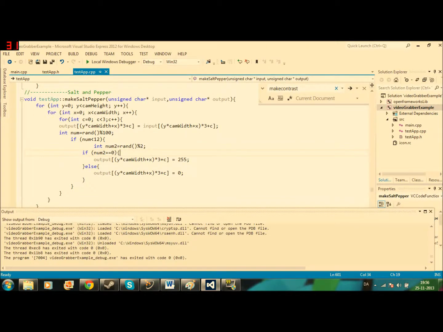To create salt and pepper noise, we once again have our for loops and a third for loop that checks for colors and says that the output is equal to the input, all with color. Then I create an integer called number that checks the remainder of 100. If I take something and divide it by 100, what do I have left? And this keeps updating the whole time my update function is running. And if this number is less than 12,